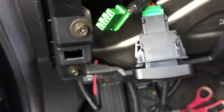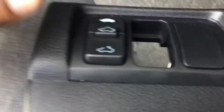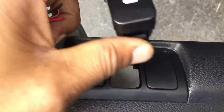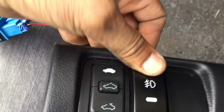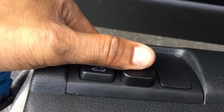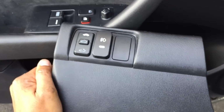The switch does not fit right, so that's another thing. All right, so here's the opening for the switch. I'm trying to get that. And if you take the switch and push it in, it hits. It's a little too big. It hits up there and it hits down the bottom. So I can either shave this thing here a little bit, or